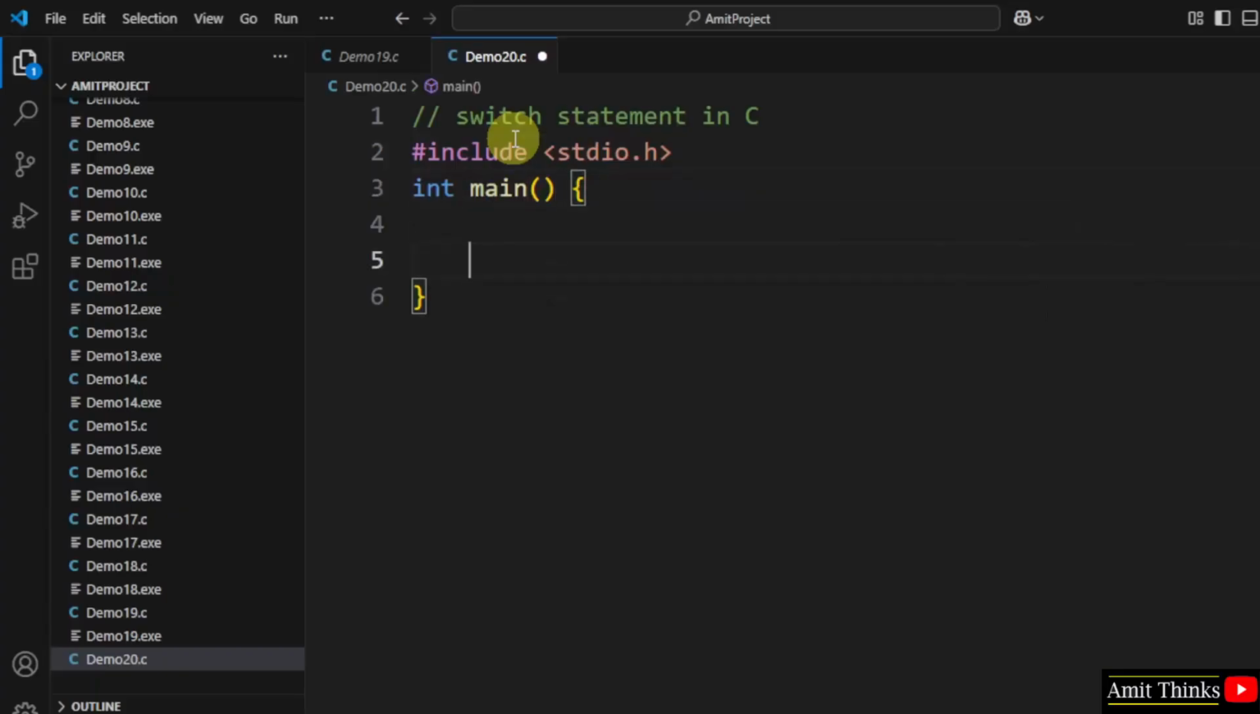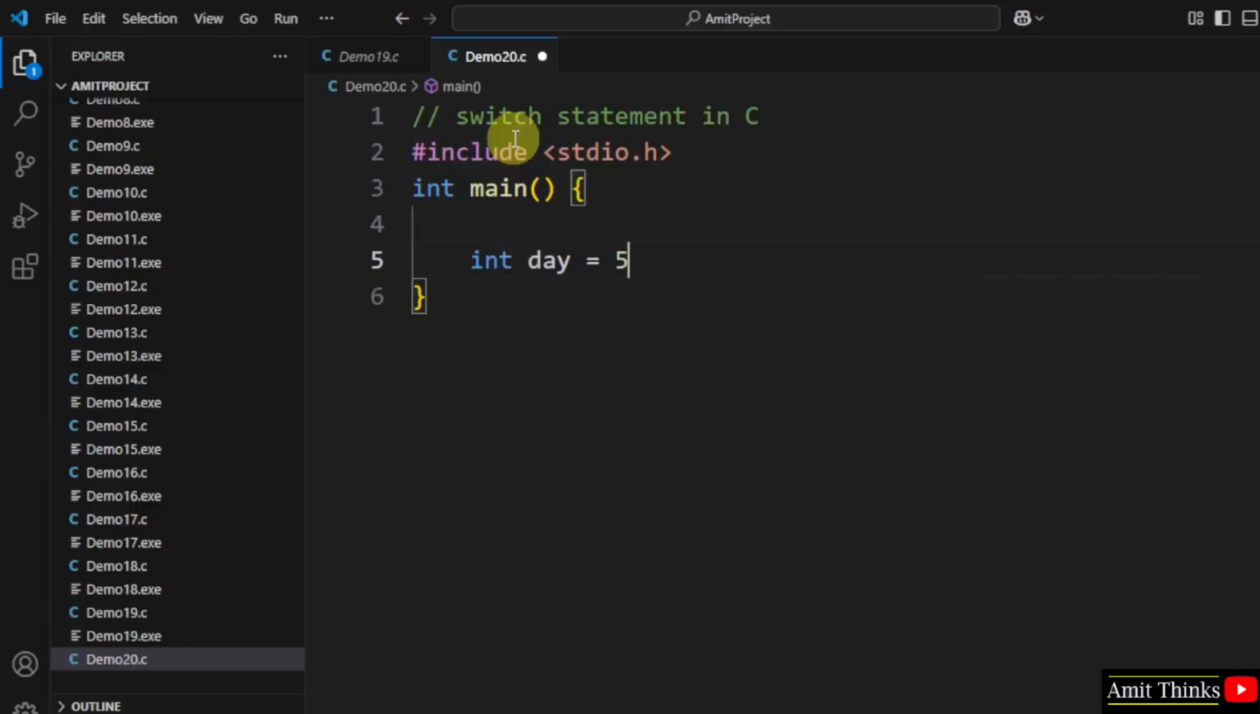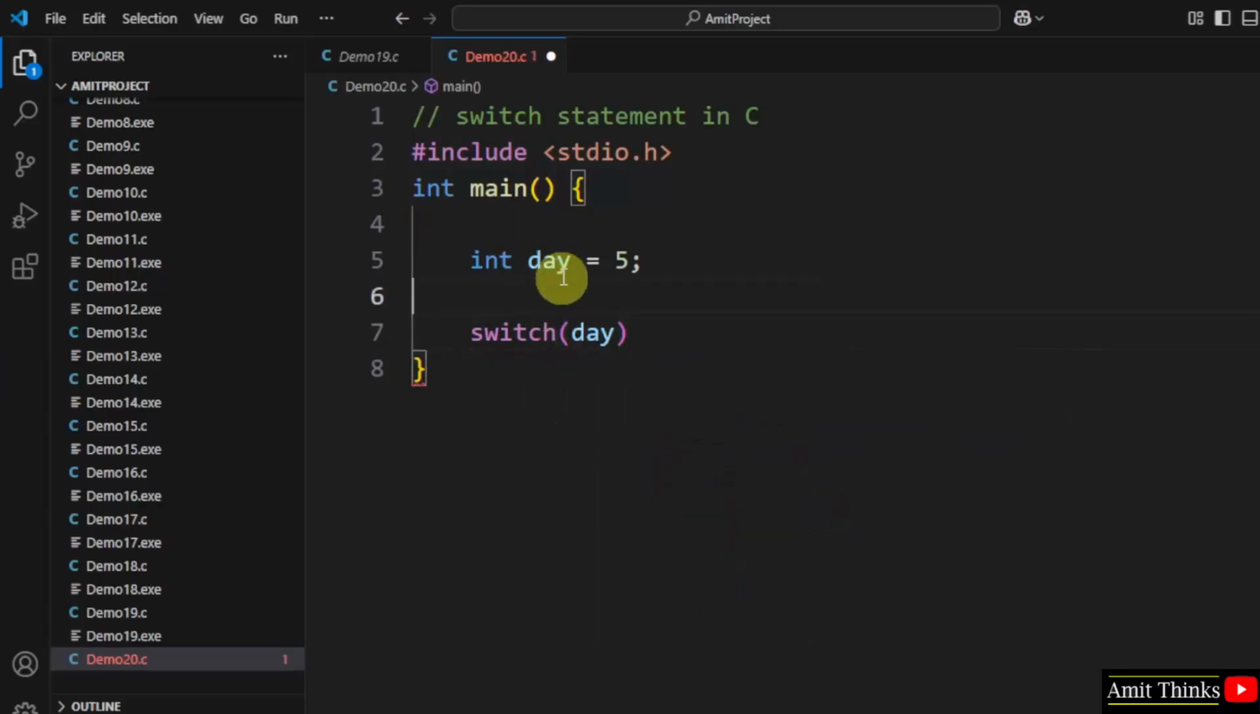Now we will create a program that uses a switch statement to print the name of a day based on the value of the variable day. Okay, so first I'll take a variable day. Let's say I'll initialize it to 5. After that I'll take the switch and within this I'll include the variable day. Now we will add the cases, that is multiple conditions, beginning with case 1